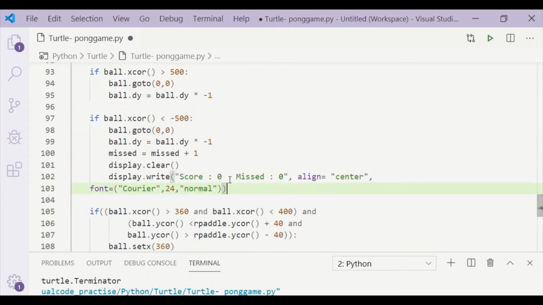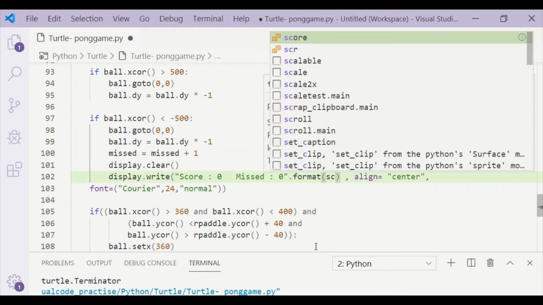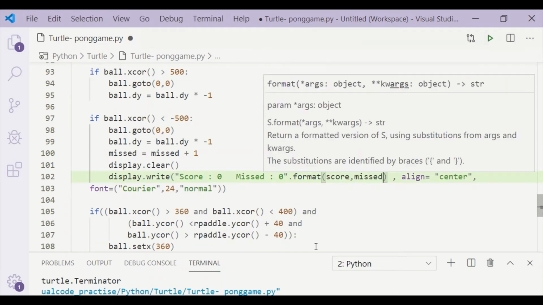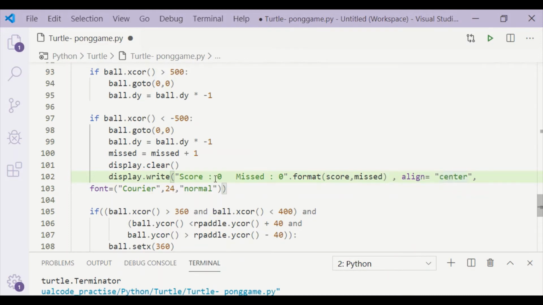As the score has to be dynamic, in the display write, I will use format and take the value of score and missed. At any time when we write it, we are going to update both score and missed with the current value.